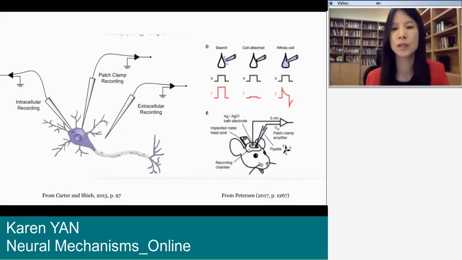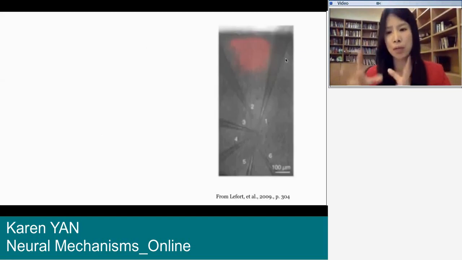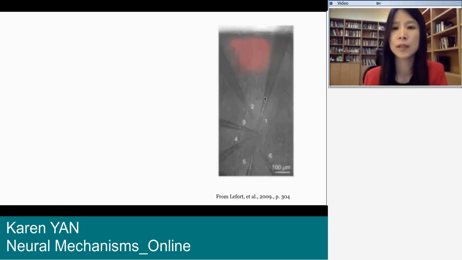So this is the set of recording techniques they use, and they are famous for applying this set of techniques in the field. And as a result, they can get high quality, no noise, precise electrical signals about neurons. And what they do is they apply this recording technique to simultaneously record 6 neurons on one brain slice. So here you see that you have 6 electrodes recording 6 neurons.